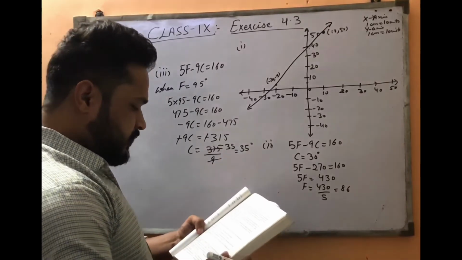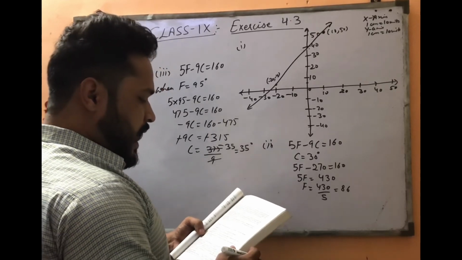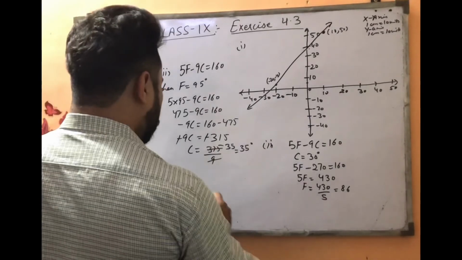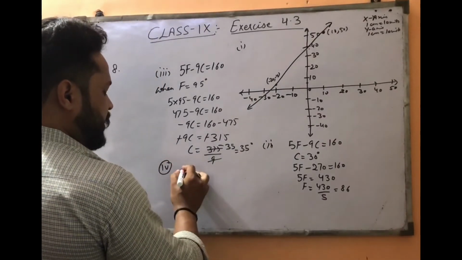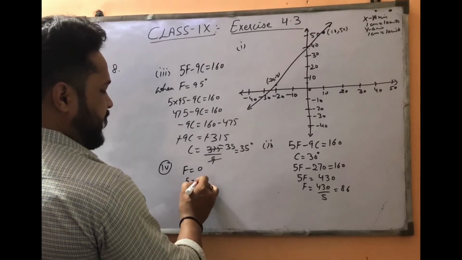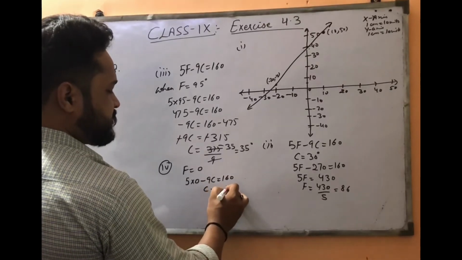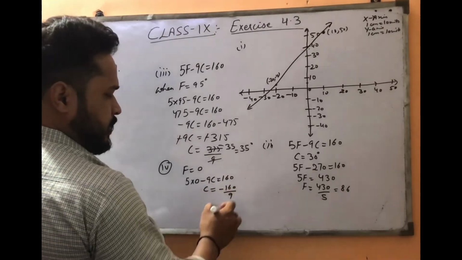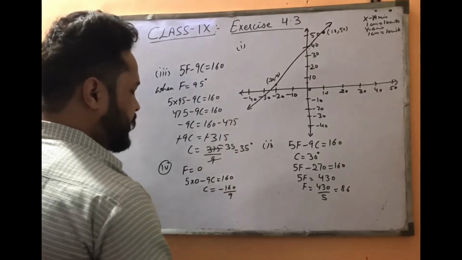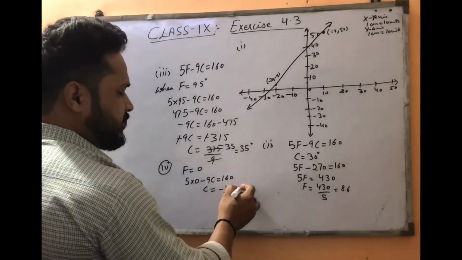Now come to the fourth one. If the temperature is 0 degree, what is the temperature in Fahrenheit? And if the temperature is 0 Fahrenheit, what is the temperature in degree? So fourth one is, if F is equals to 0, then 5F minus 9C is equals to 160 degree. That means minus 9C is 160, C is minus 160 divided by 9. तो इसको आप कैंसिल आउट कर लीजिएगा, जितना भी आएगा वो आपका फ़ारेनहाइट में हो जाएगा. तो इसका आप 2 पॉइंट्स तक डेसिमल्स तक वैल्यू फाइंड आउट कर सकते हैं. ठीक है, तो कर देते हैं.